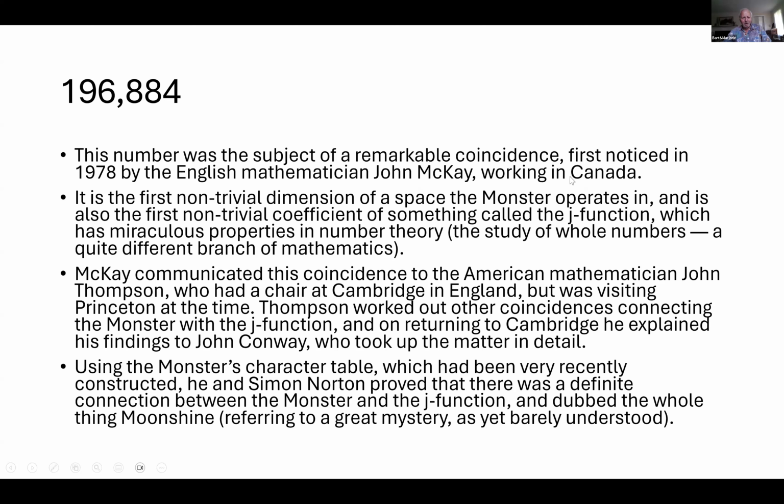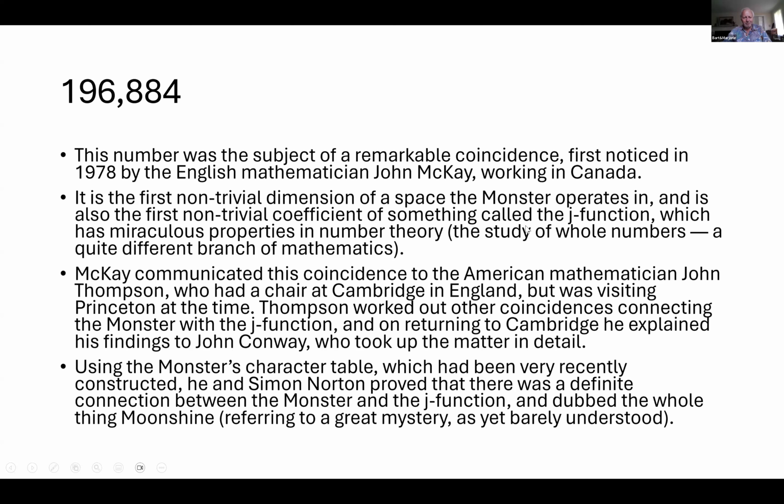196,884 came about through a remarkable coincidence. In 1978, the English mathematician John McKay noticed that it was the first non-trivial dimension of a space that the monster operates in, but it's also the first non-trivial coefficient of something called the j-function, which appears in number theory. And what does number theory have to do with group theory, and in particular with this number